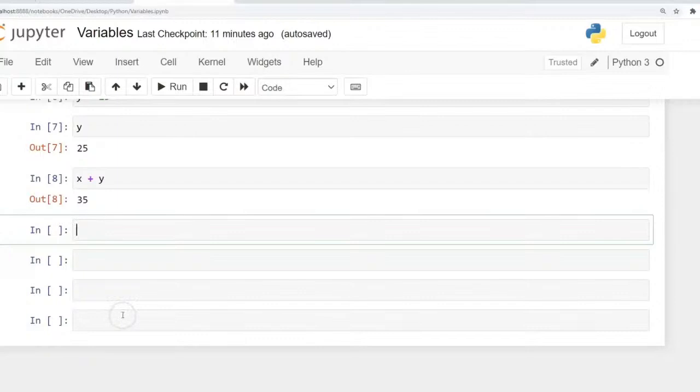Let's create another variable, and we'll call this variable first_value. This time we want to assign a text, or a string data type, and let's assign happy. Now, before I execute, the reason I